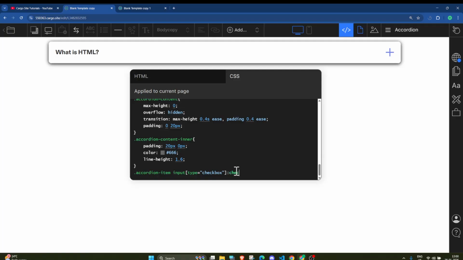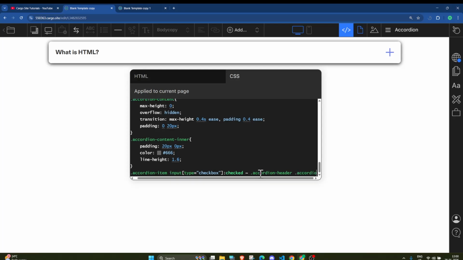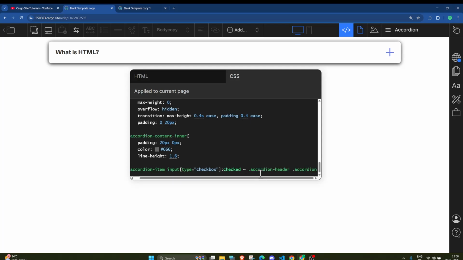and now add this symbol as well. You will find it at the top left of your keyboard, and then we will add dot accordion header, header dot accordion icon.